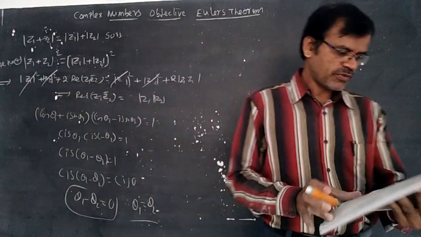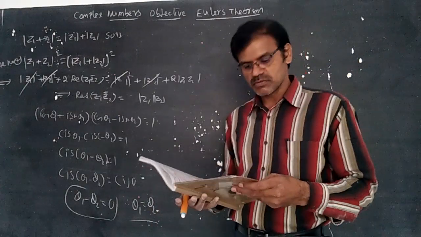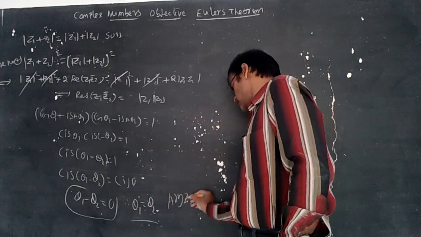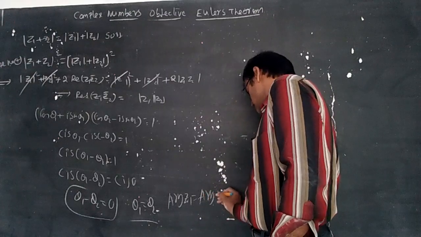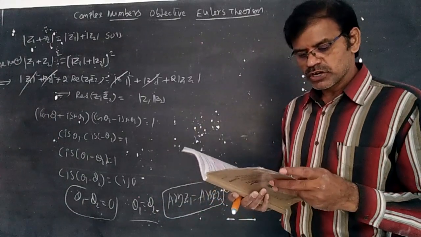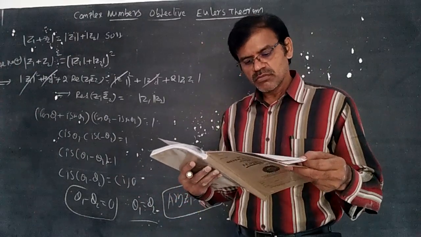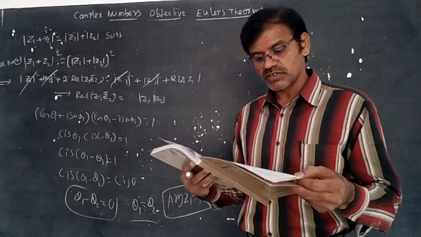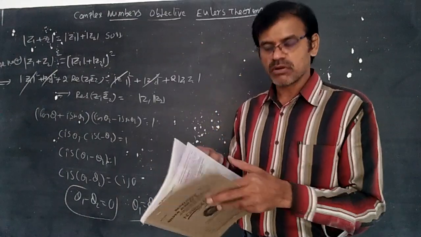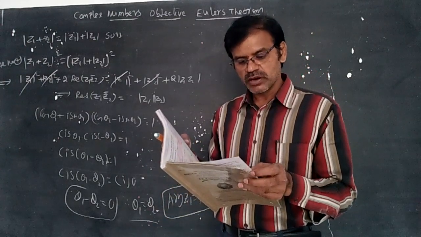According to the formula, if modulus of z1 plus z2 is equal to modulus of z1 plus modulus of z2 separately, then argument of z1 is equal to argument of z2. This one and the previous formula you can do: modulus of z1 plus z2 is equal to modulus of z1 minus z2. By squaring both sides, modulus of z1 plus z2 whole square is equal to modulus of z1 minus z2 whole square. The formula we got on page number 4, 4 real into z1 z2 bar becomes 0.